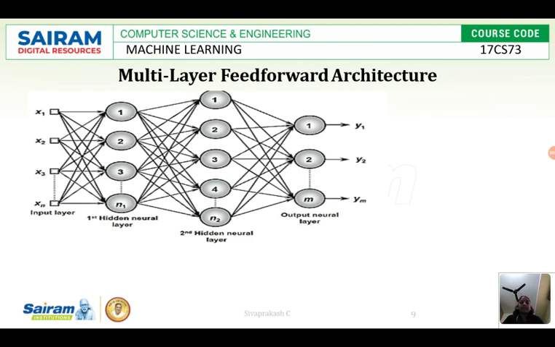This is the architecture: one input layer x1, x2, x3 up to xn, followed by two hidden layers. In the first hidden layer you apply a convolution function, and its output is given to the second hidden layer, and the output of that is finally given to the output layer. This is the multi-layer feed forward architecture.